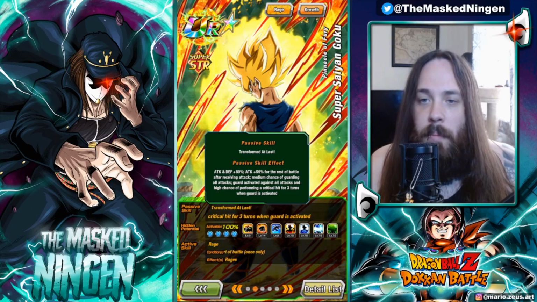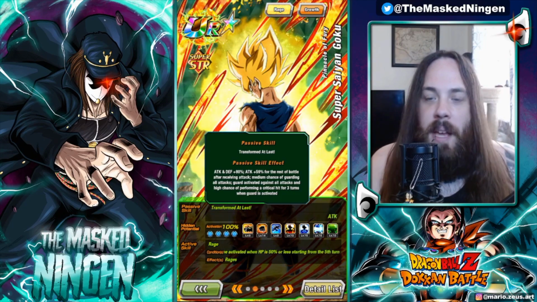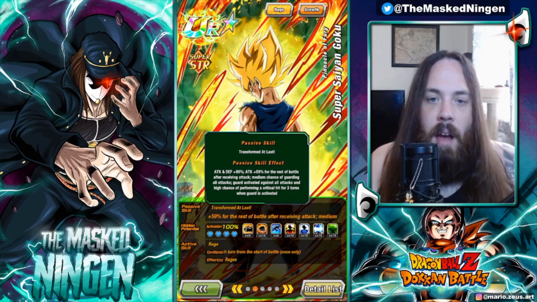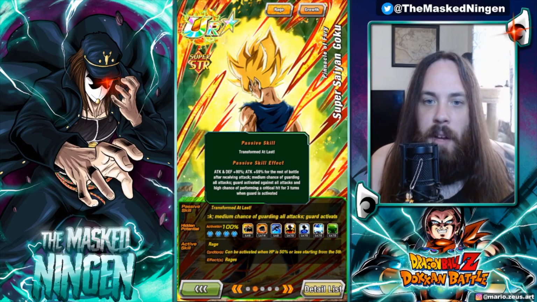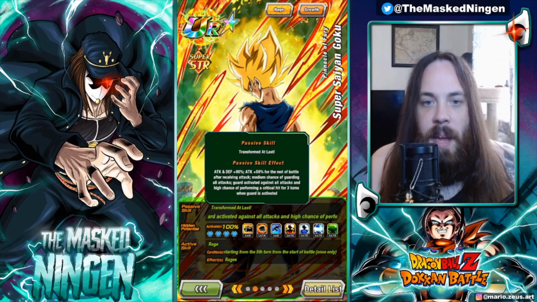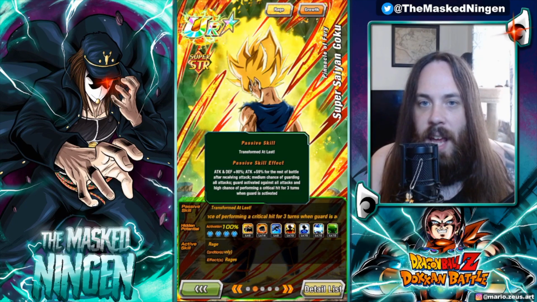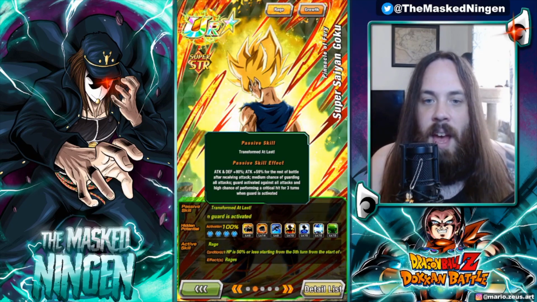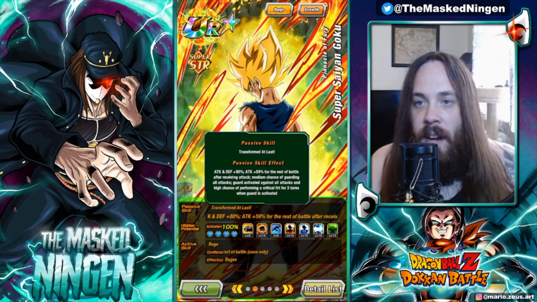So guard all the time with infinite stacking defense. He would automatically become one of the best defensive units for long form events, and he'd even be good in short form events. And then you just make it so that he has the high chance of performing a crit for 3 turns after receiving an attack. For example, because I mean he's gonna have this active most of the time anyway, and then when it wears off, you're just gonna get it reactivated on the turn it wears off anyway, right? So just give him the high chance to perform a crit after receiving an attack,